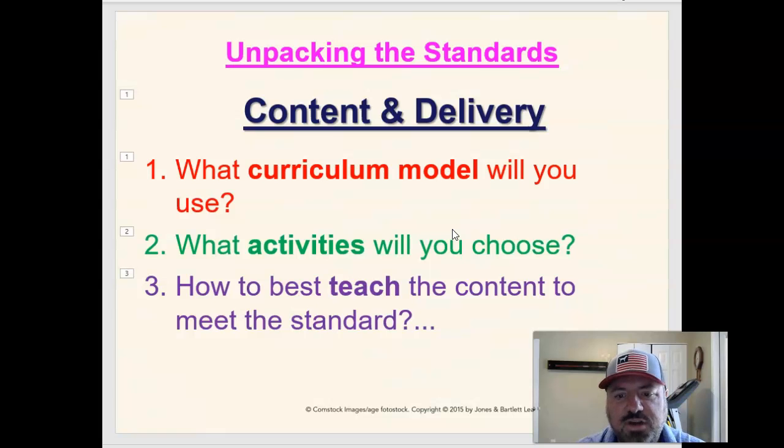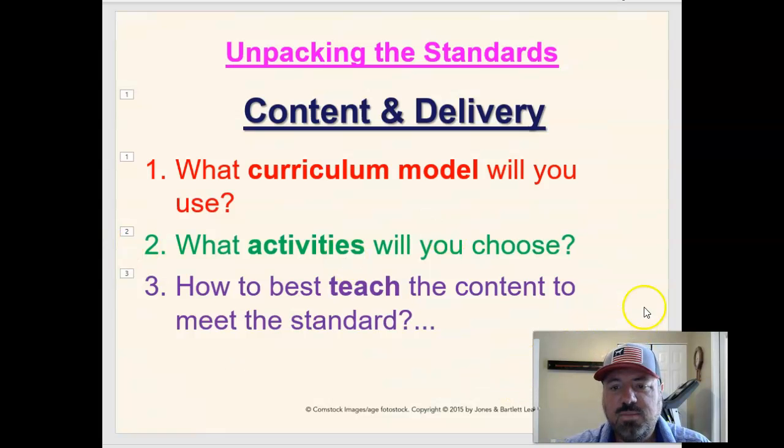And then after that, after you figure out your activities, you look at your curriculum model, how it aligns, you'll really start writing down and understanding how best to teach the content to meet the standard. So you're going to teach content for the activity, but it needs to also meet the standard at the top, so it would stay completely aligned in the curriculum development process. So then this is basically number 3, is what skills and concepts you're going to teach. All right, what drills or activities you're going to do. And then you have to also think, how am I going to assess that as I go to make sure my students understand and can perform at the quality level we expect them.